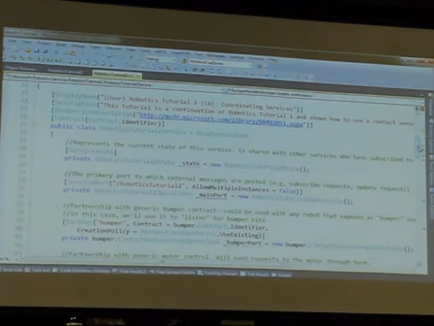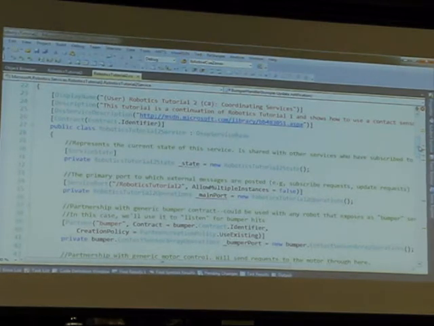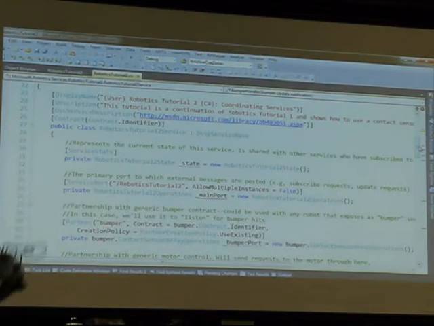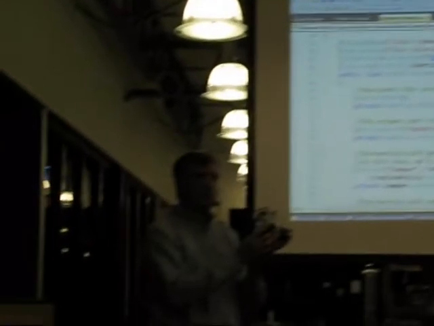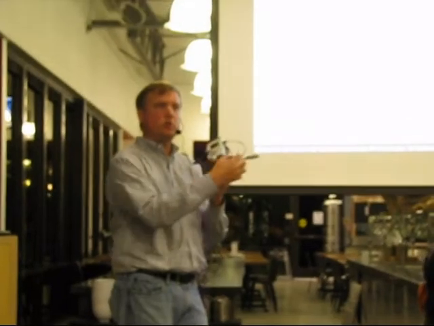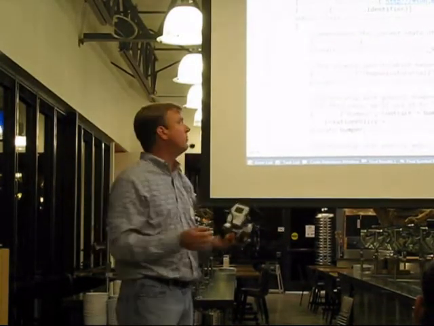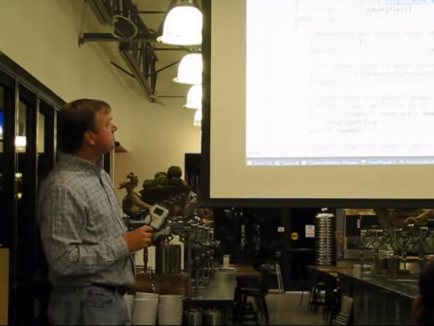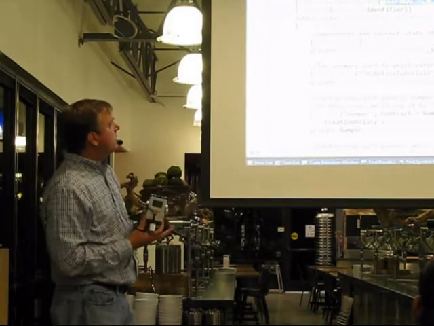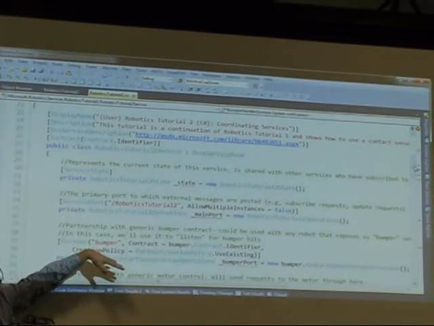And what it's showing is, using the NXT, the Mindstorms robot, creating a bumper server, or subscribing to a bumper service that, when pushed, will start or stop a motor. So basically your hello world for robotics. What we've got here is the initial setup for the code.